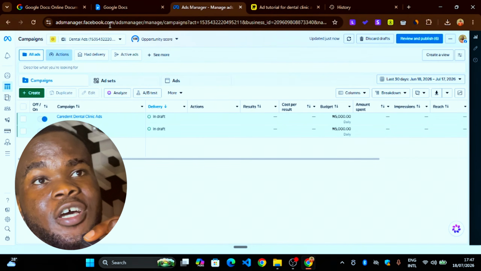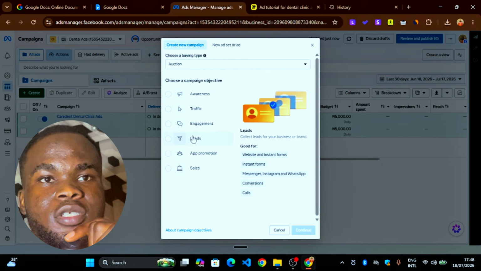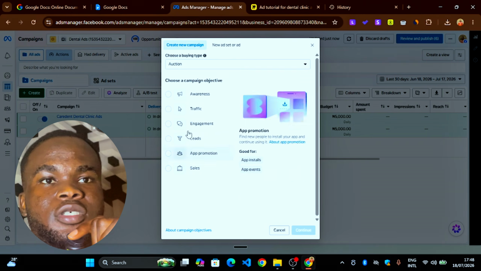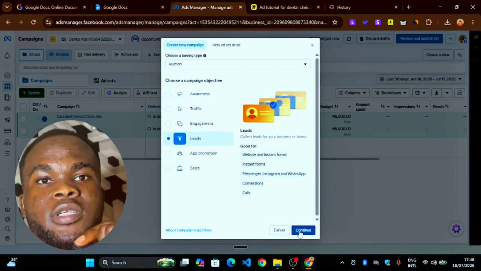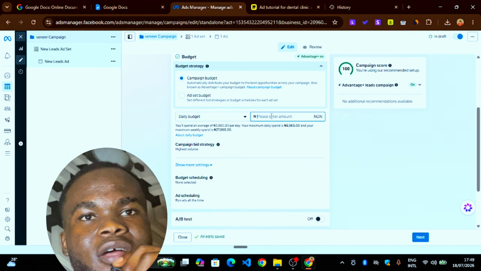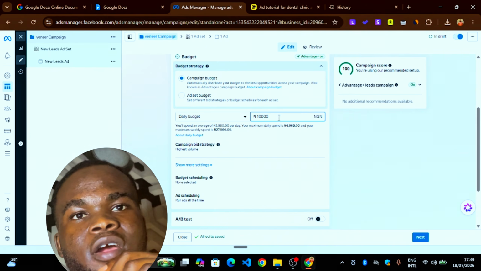We're in the Ads Manager, Facebook campaign. We create. What we want is leads. There is awareness, traffic, engagement, leads, app promotion, sales. What we want is leads, so we just go with leads. So let's say we set our daily budget for maybe 10k, 10,000 naira